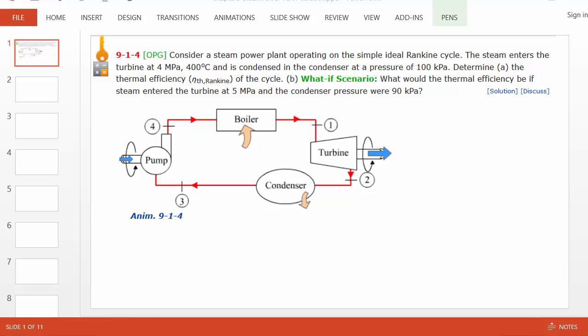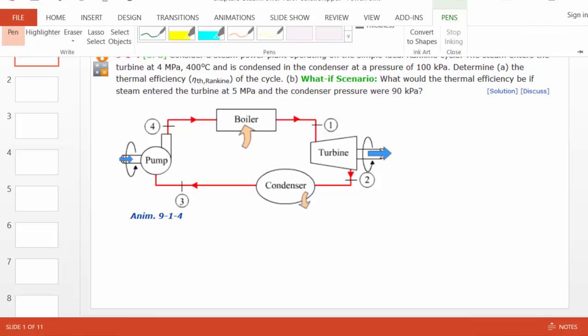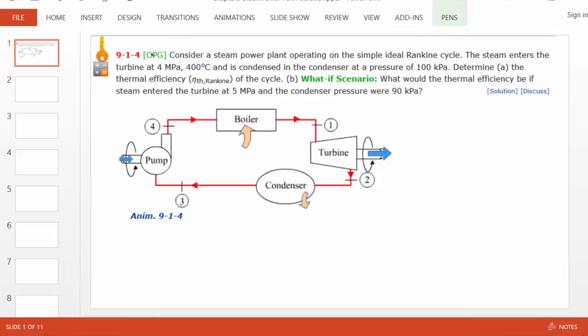Okay, let's solve a problem, a very simple steam power problem using an ideal Rankine cycle. So let's see what information is supplied. Steam enters the turbine at 4 MPa, 400 degrees Celsius. So therefore state 1 is given to us